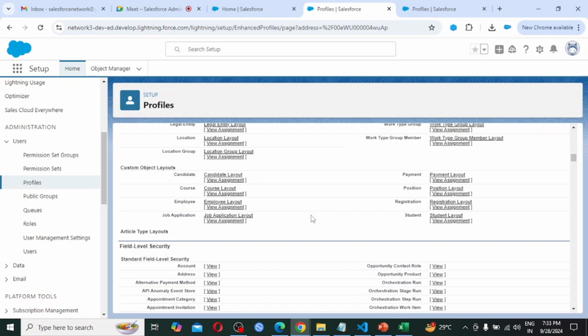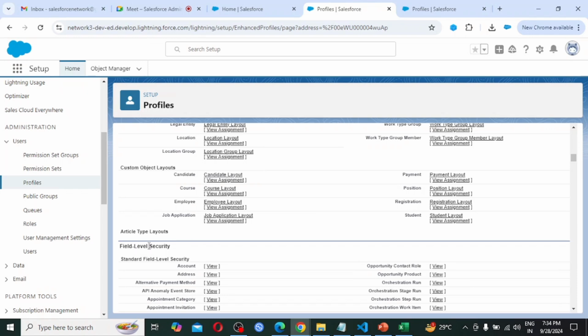As many objects as we had created, that many page layouts we are seeing. When we are creating the object, that object holds a couple of fields, and those fields are displayed to the user for using that particular object. In that case they fill in the information by seeing the fields.